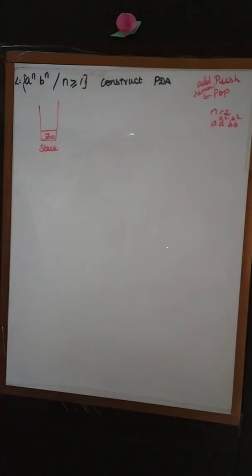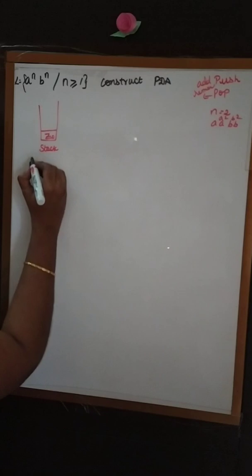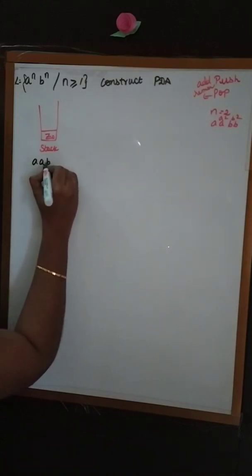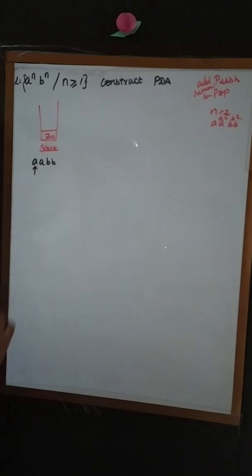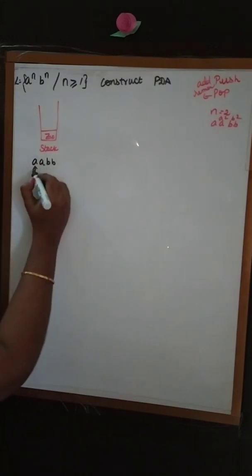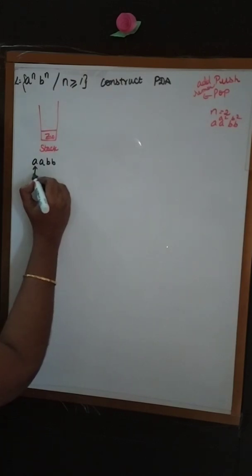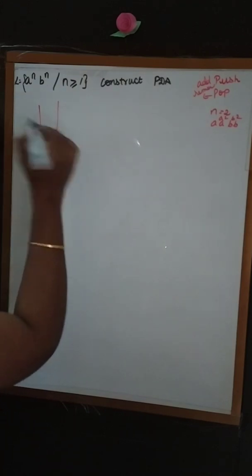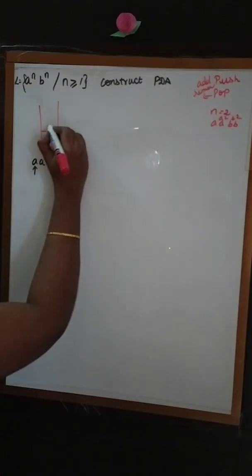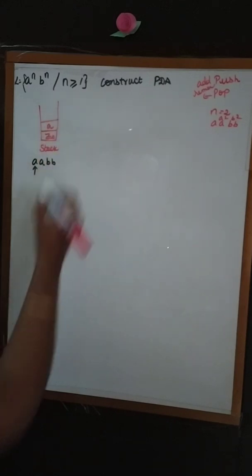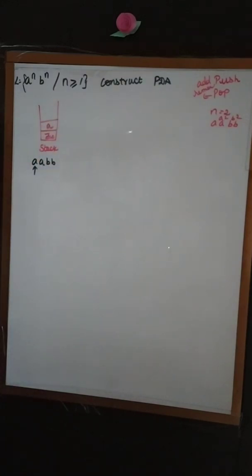So now what are the input symbols? We have a, a, b, b. Now my pointer will be pointing to a, the finite automata control. So now a is my input symbol. On top of the stack, Z0 is there. When it is like this, what happens? I will be pushing my a.